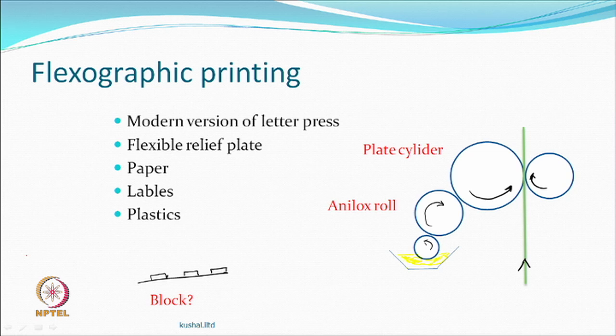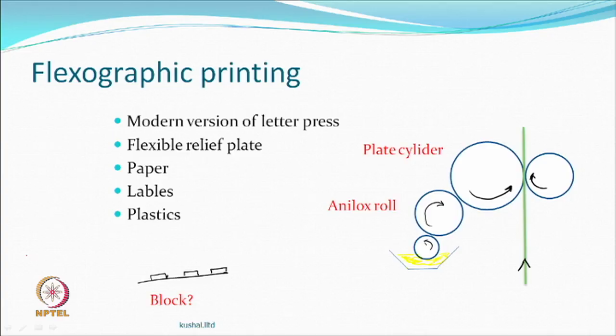Similarly, if any one of you has seen earlier printing operations of papers, they used to have a letter press. That means the letters are lying everywhere. You pick up A, B, C, make your spellings and keep adjusting, and then start printing. There also the letter is in relief. So, like a block, you take the block, put it on an ink pad, and the color is picked up only on the relief portion, and then you transfer. So, this is exactly similar.